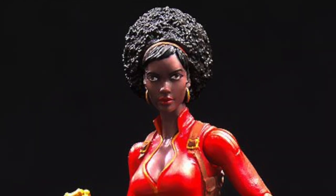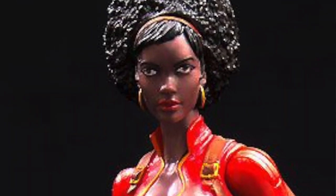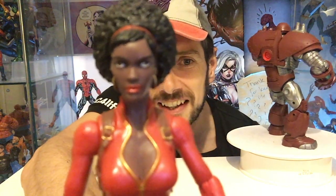And while I'm holding her here, can you see the main problem I have with her? Because it's all about what you can see and what she can see, because right now I think she could go hunting for birds and deer at the same time. What's up with these eyes? And this is not just a paint thing from just this particular figure. This is across the board. I have looked at Misty Knights on Google from here to there and all points in between, and they all have this sort of slightly...